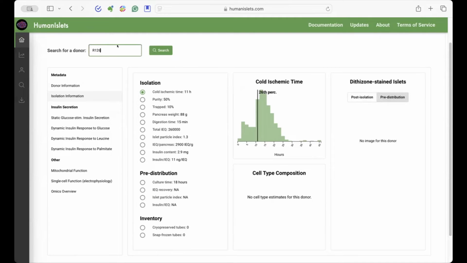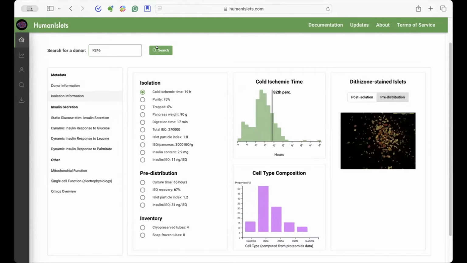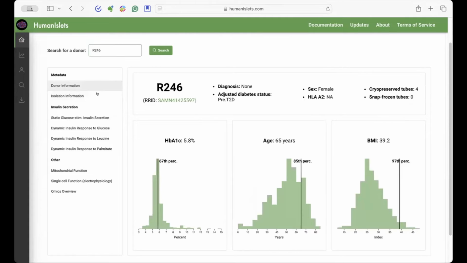I'm going to try to find another donor here. There was one I was looking at the other day. Let's try donor 246. Search that donor. There we go. So now this donor